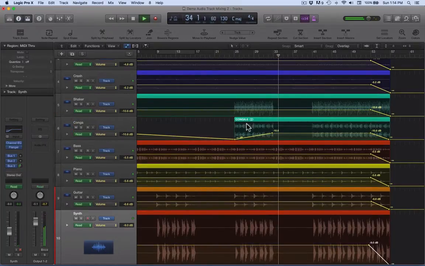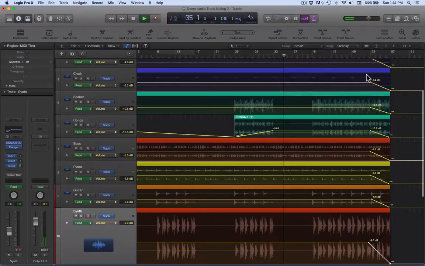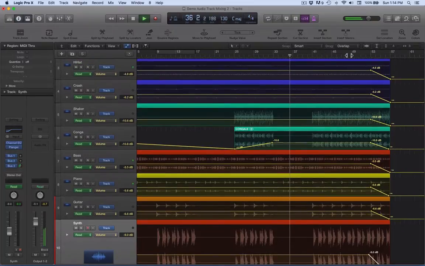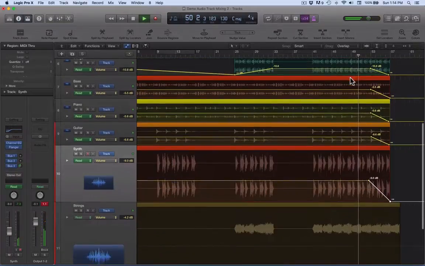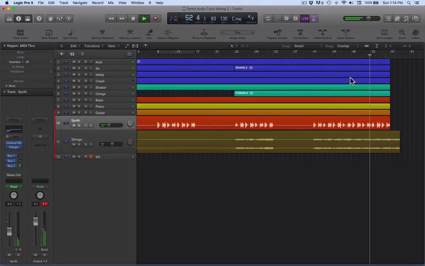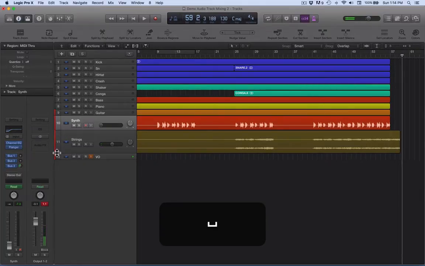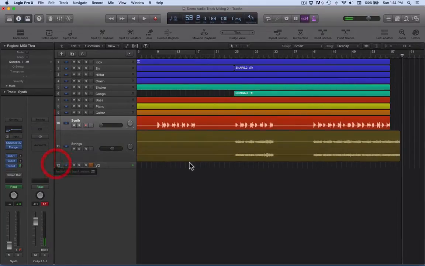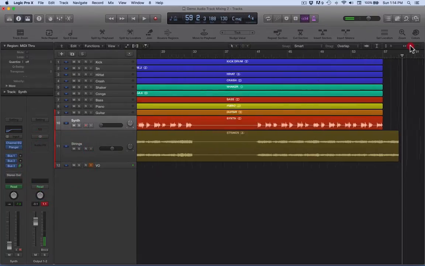Did you hear that fade up? Yeah, it could be better. Now when we get to the last chorus, everything's going to fade down apart from the strings. What I'm going to do with the strings there is I'm just going to fade those out, but instead of